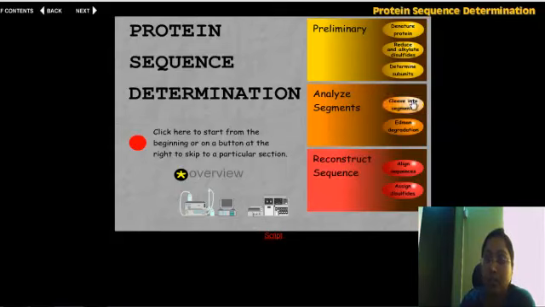Then we need to cleave the primary structure of the protein into small fragments, because it will be easier to sequence small fragments than to sequence a complete, say, 120 or 130 amino acid long chain. And finally we'll undergo Edman degradation. So we'll slowly break each peptide bond, and we'll try to find out which amino acid is there, and then ultimately reconstruct the sequence, which is the last step.